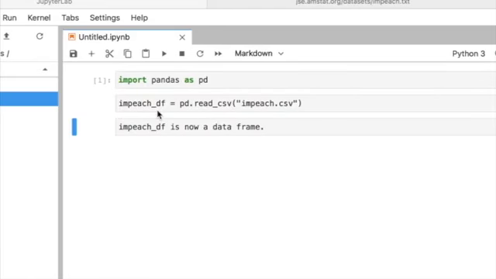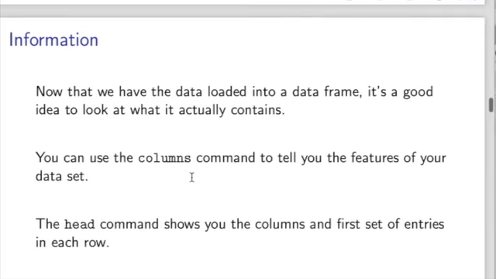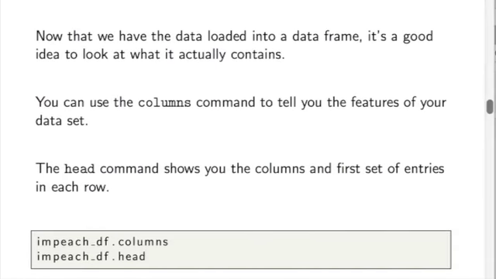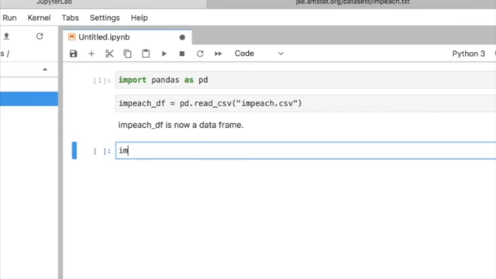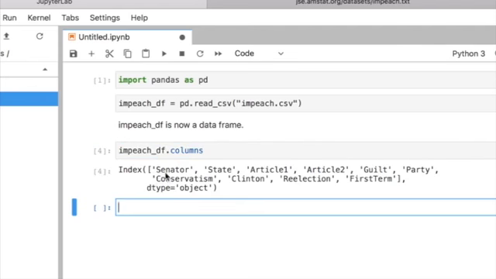We have a data frame called impeachdf. We can start getting information about that data frame by looking at what it actually contains. So we're going to use some different commands, and here we actually are going to break our rule. We're just using this for our eyes only, so we don't need to store it. Get the names of the columns by doing impeachdf.columns. The output is that there's a column called Senator, a column called State, a column called Article 1,